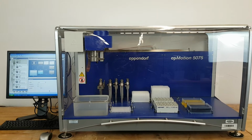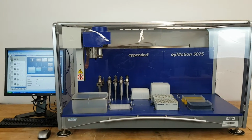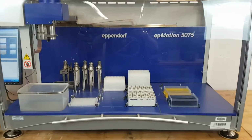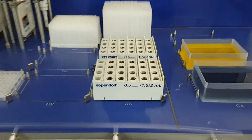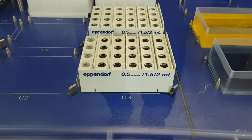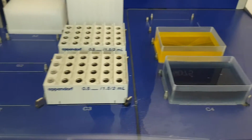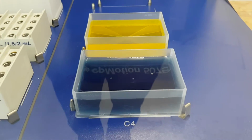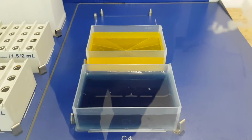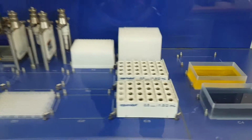Today we will be demonstrating how the epMotion 5075 works. As we currently have the unit set up, there is a thermal module on the position C3. So that position can be heated or cooled. And we have placed two bins, one with yellow food coloring and one with blue food coloring, on the